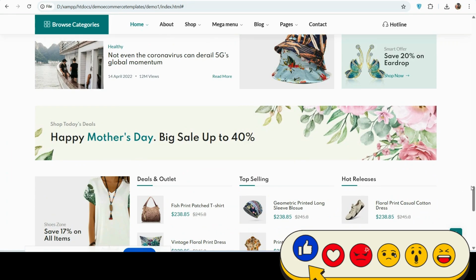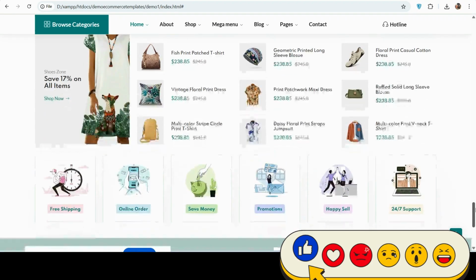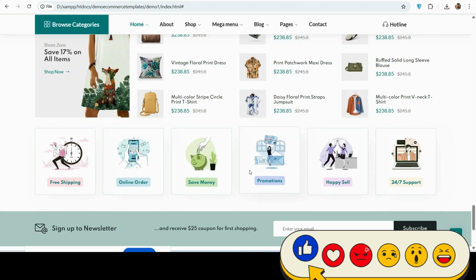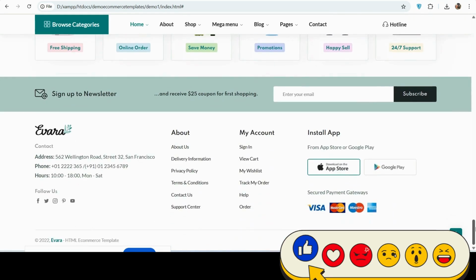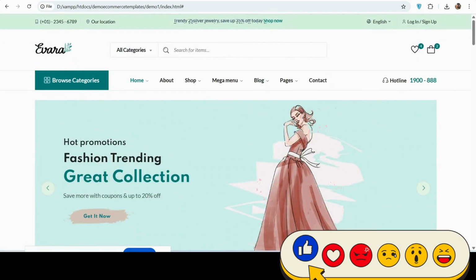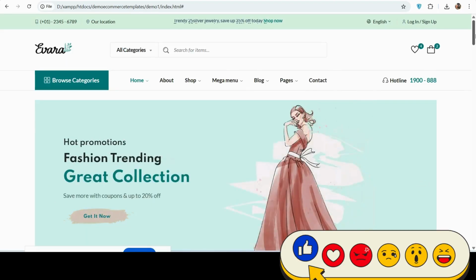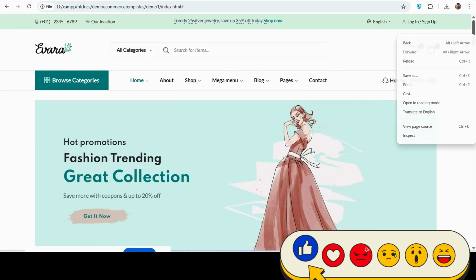Happy Mother's Day deal and these outlet, top selling, hot release, and the beautiful footer. See guys, scroll to top as well. So I see the beautiful e-commerce template for you,